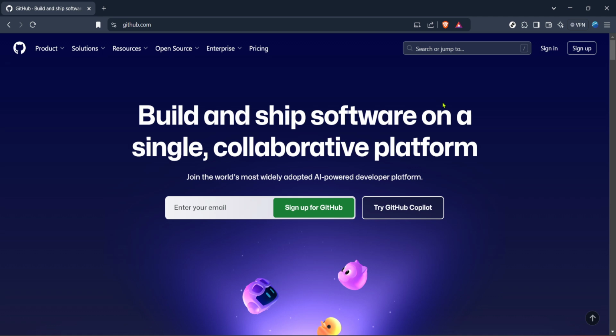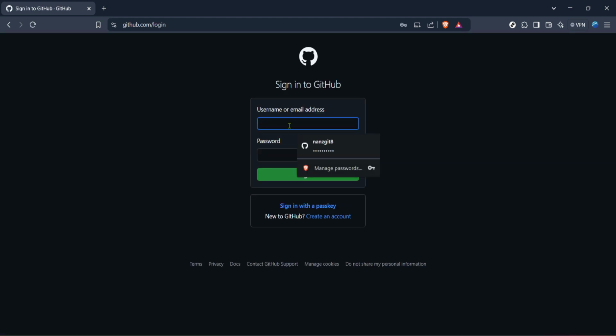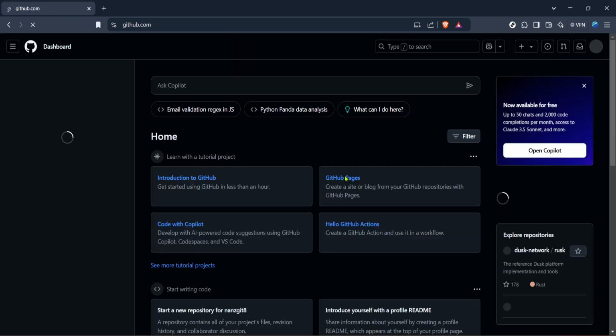First things first, you'll want to open up your web browser and head over to GitHub's website. Simply type in github.com in the address bar to get started. Once there, you'll notice some options in the top right corner. Look for the sign in button and give that a click. If you don't have an account yet, no worries, you can sign up for free and it only takes a few moments. Now that you're signed in, you're on your way to accessing a treasure trove of resources.